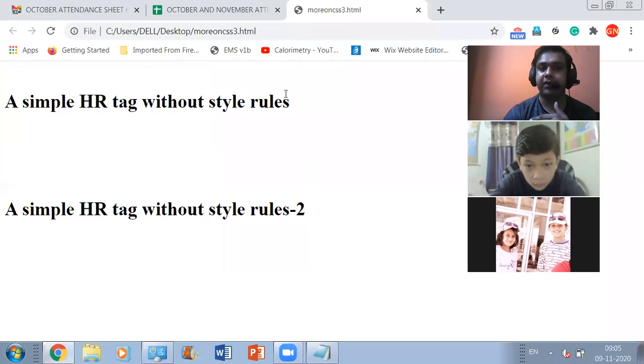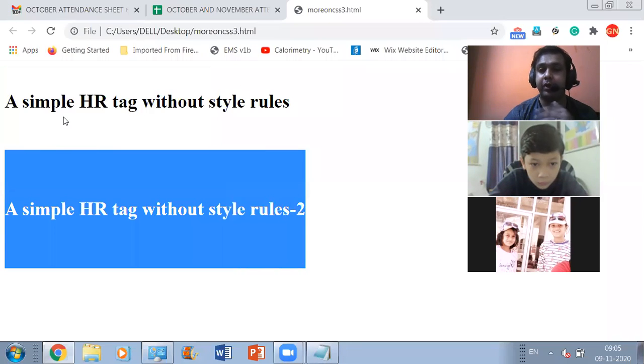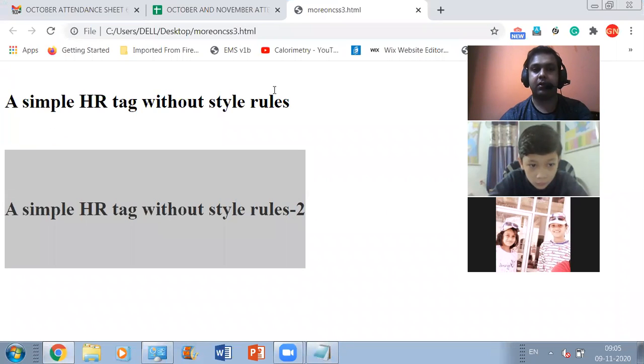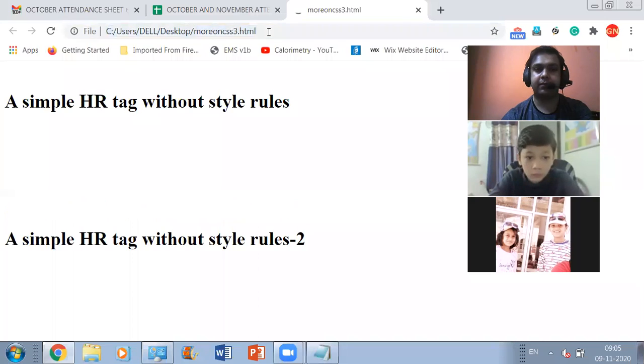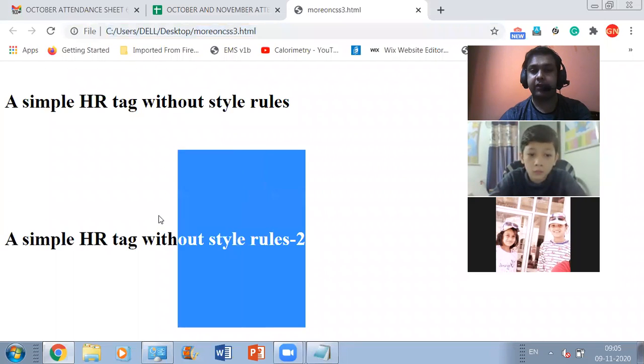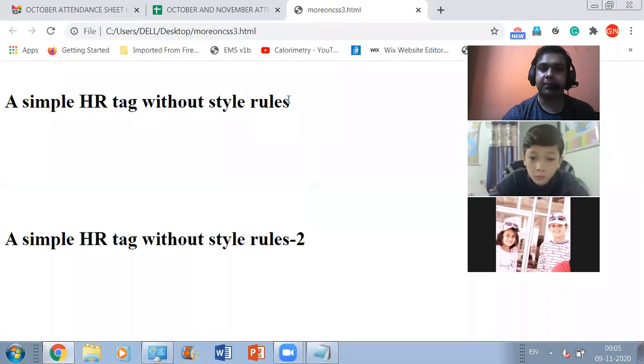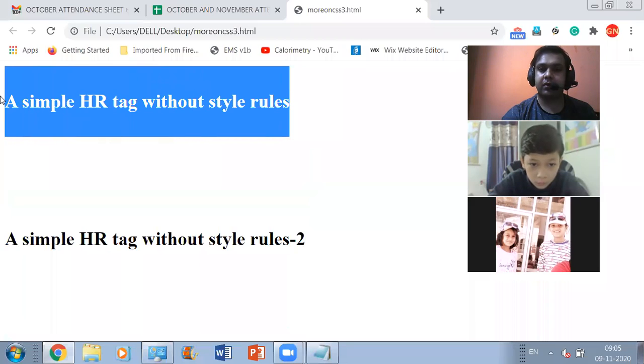This is the first line of text and this is the second line of text. If you want to increase the gap in between these two lines of text, you can play with this line height property. You can change the value of this line height property for getting the desired result. See, अभी ये थोड़ा और नीचे आ जाएगा. क्यों आ गया नीचे? क्योंकि इसकी हाइट बढ़ गई. रणवीर, you are getting the point what I'm trying to make you understand here. यस सर।